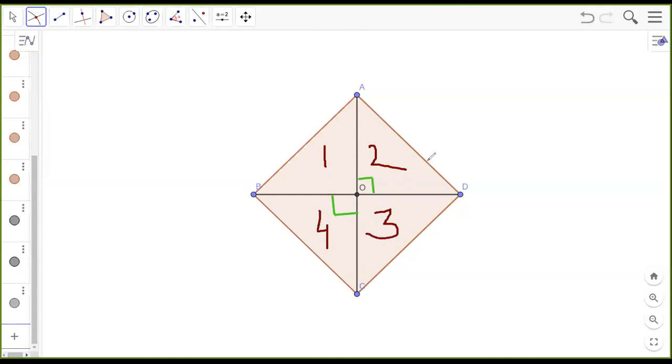So from these four triangles, I will be getting AB square, AD square, DC square and BC square, correct? Here first one I showed you, AB square is OA square plus OB square. Similarly, your AD square will be OA square plus OD square. Everywhere I'm using the Pythagoras only. Similarly, your CD square will be equal to OD square plus OC square. And your BC square will be equal to OB square plus OC square. So I have all the left hand sides already. AB square, AD square, BC square and CD square. On the right hand sides, there are OA square, OB square, OC square and OD square.